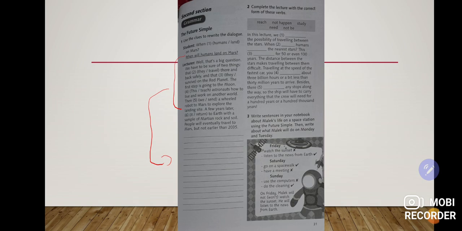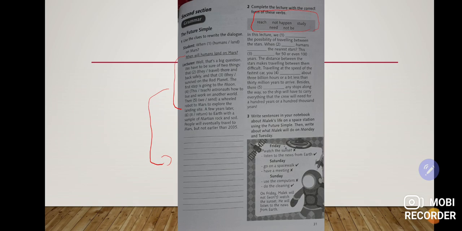2. Complete the lecture with the correct form of these verbs. Here there are missing verbs. We need to fill them up using the words from the box. 3. Write sentences in your notebook about Malik's life on a space station using the future simple. Then write about what Malik will do on Monday and Tuesday.